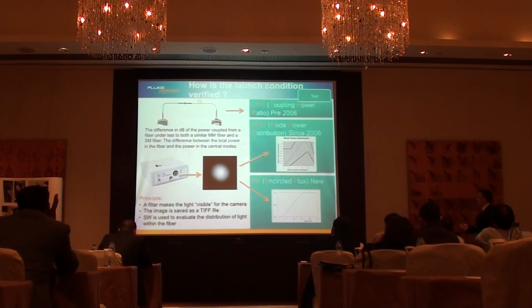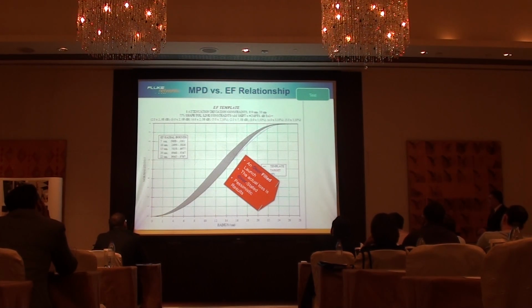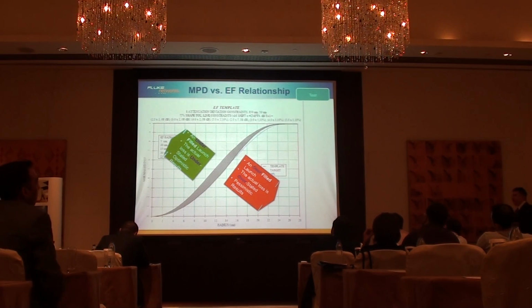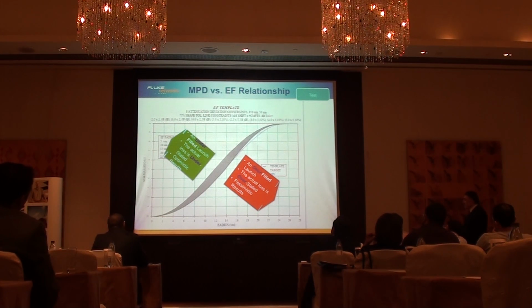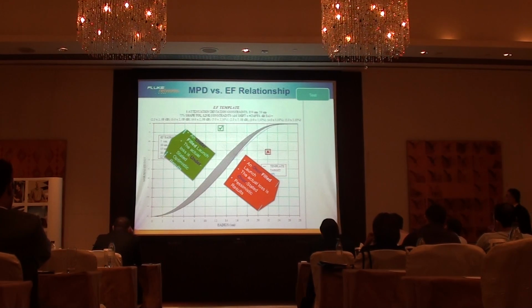once you look at this, then they created a secondary template. So they said, now if you look at this band, this is where a light should sit. A light source for a tester should sit within this band. Anything beyond this will be overfilled, anything above it will be underfilled. So those category 1, 2, 3, 4, 5, 6, 7, this is category 1, this is going toward category 7. And this is again the diameter of the fiber, and this is the normalized power on the encircled flux. Now, what happened was